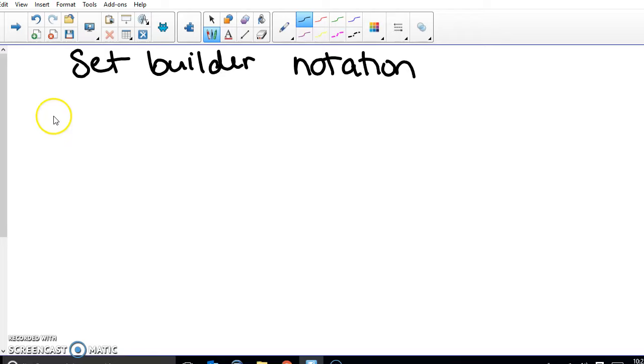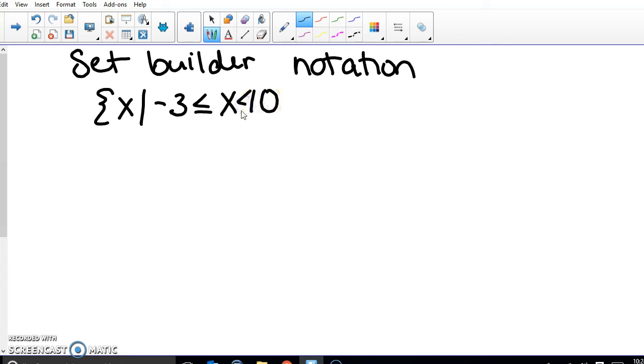We're going to start by looking at set builder notation. So in set builder notation, this is written where we have x, and we're looking at all of the x values here that are between negative 3 and 10. So here, x can be negative 3, negative 4, and so on. And we're going to have x